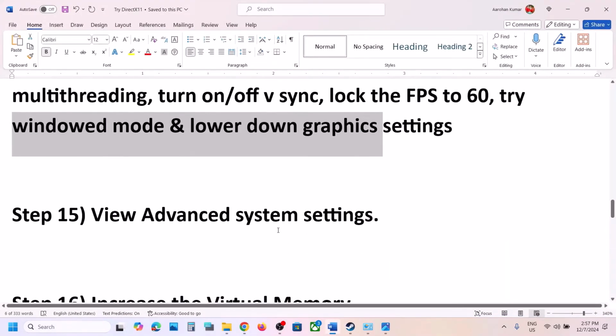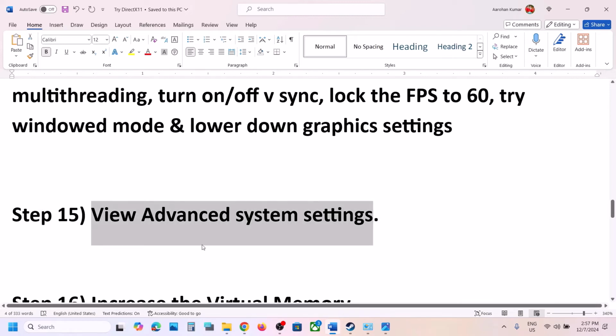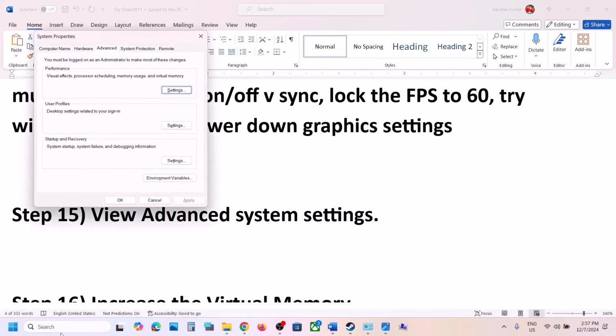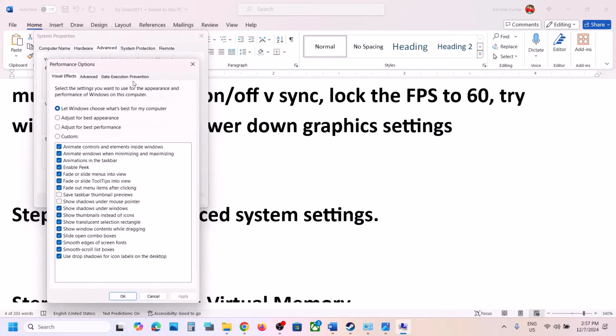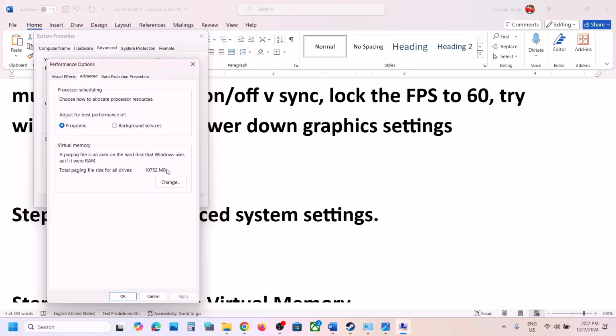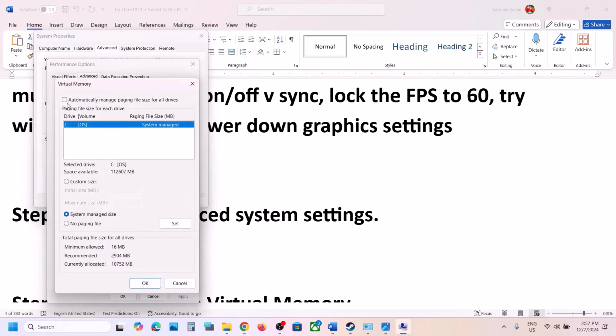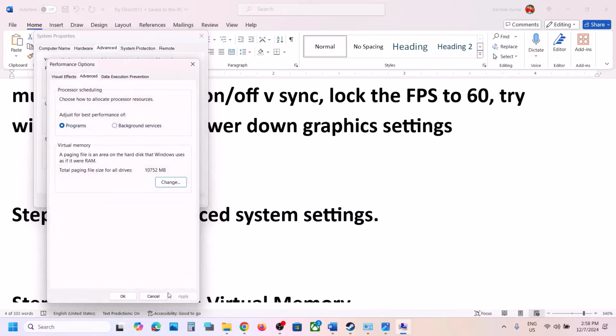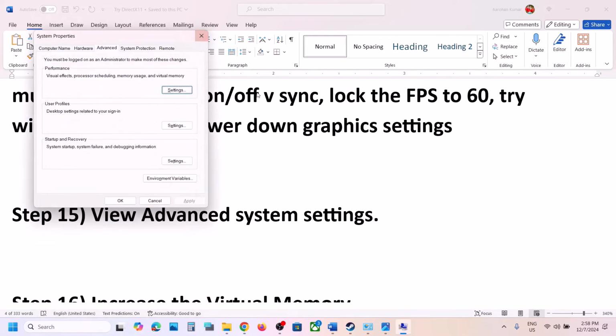The next step is to type in view advanced system settings in the Windows search box and then click on it and then go to advanced, click on the first settings and then go to advanced tab and then click on change over here, and over here put a check on automatically manage paging file size for all drives and then click on OK and then click on OK and then restart your computer and then